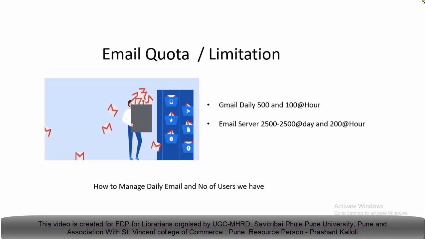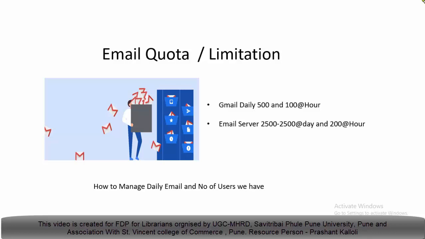Also, we never think about the email quota or daily limit of an email account, which is set by the service provider. We all use Google Gmail as an email client. Google has given permission to send 500 emails in 24 hours and 100 mails in an hour. It means 500 mails per day, and per hour we have permission to send 100 emails. It's the default. We can't exceed this limit in a normal account.